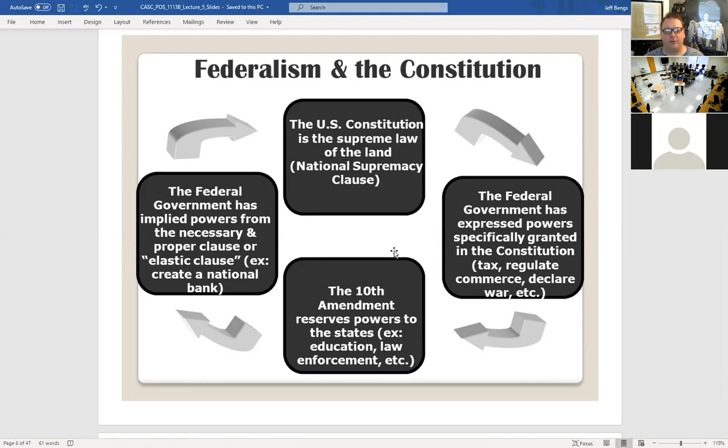But before that, sovereignty solely rested with whoever was the supreme authority, whether it was a king or a queen, or a royal family, whether it was a dictator, or a small group of military generals, or another small group that had power, which we would call an oligarchy. They would have supreme power. There was no dividing of authority.